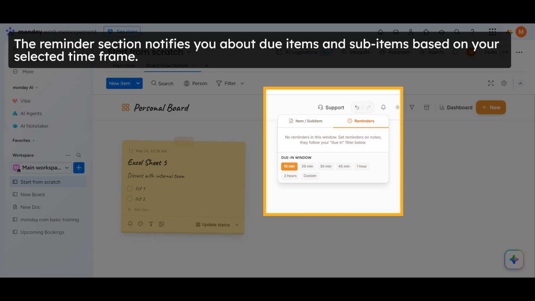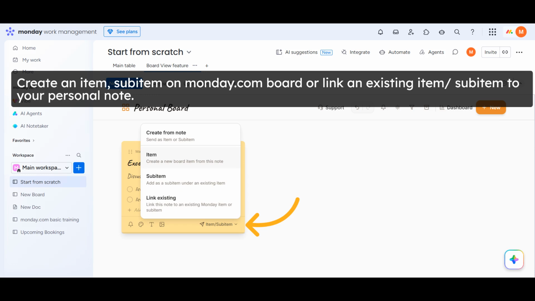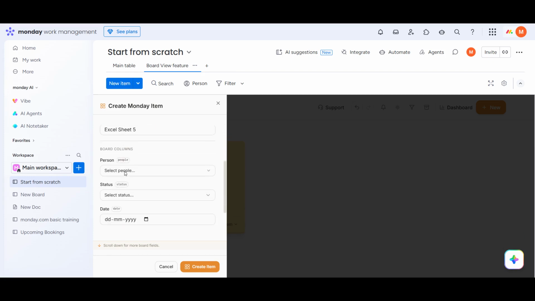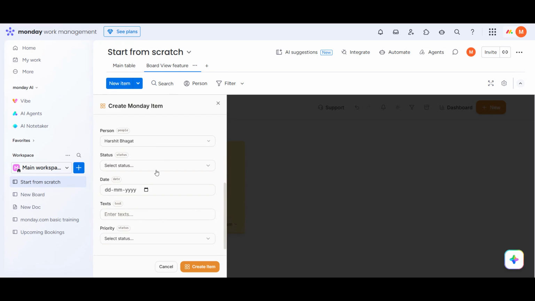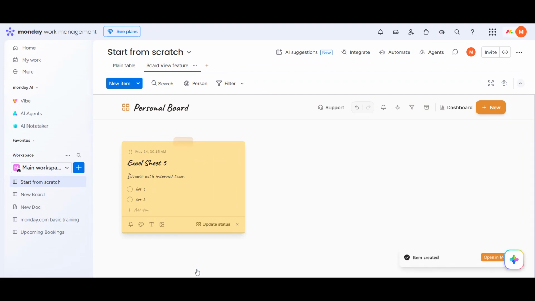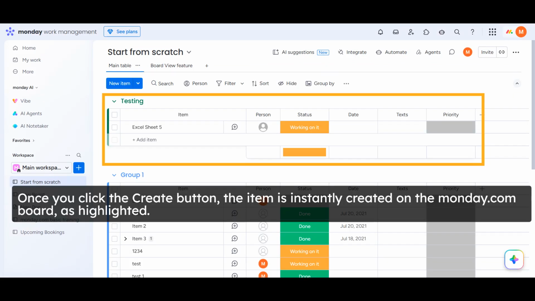Now, let's take a look at how to create an item, sub-item on the Monday.com board or link an existing item by clicking the Item, Sub-item button as highlighted. When you click on Create Item or Sub-item, the following form appears, allowing you to fill in all the details for that board or group. As soon as you click the Create button after filling out the form, the item is instantly created on the